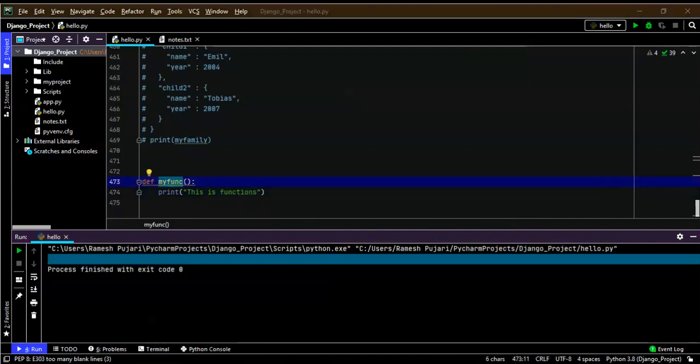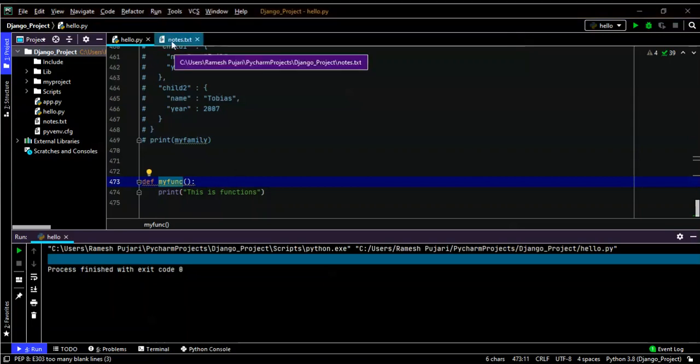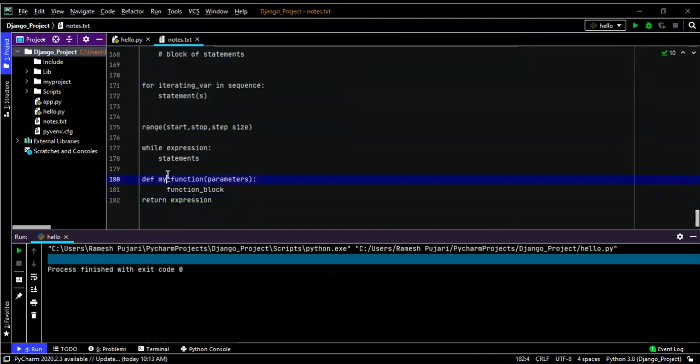Now I am going to explain how to call functions. To call a function, we use the function name followed by parentheses. Now I will give an example of how to call functions. Before calling the function, I will explain a little more about the syntax, what each statement does, and how each statement is used.